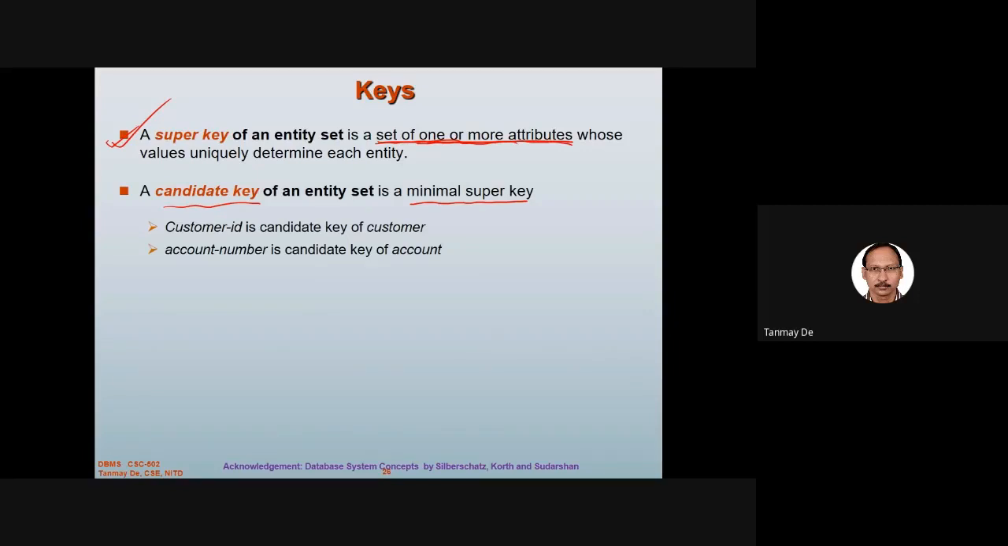For example, customer ID is the candidate key. Account number is the candidate key of the account entity set. So here the super keys are the